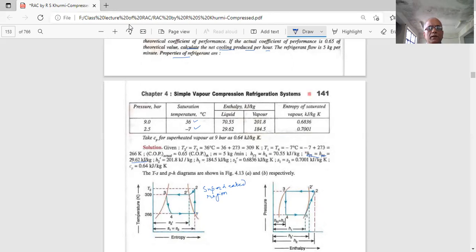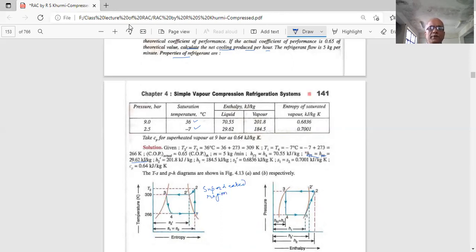At stage 2, the vapor released from the superheated region is to be cooled to point 2 dash, which is at the maximum temperature of the fluid. At point 2 dash it is on the dry saturated line, and from there it is condensed from 2 dash to 3, and 3 is on the saturated liquid line. From 3 to 4 is the expansion, and 4 to 1 is the evaporator itself.